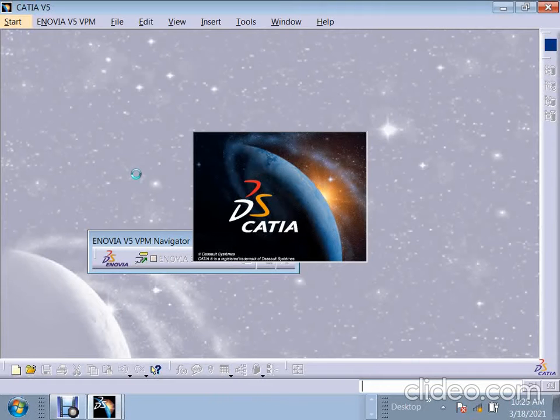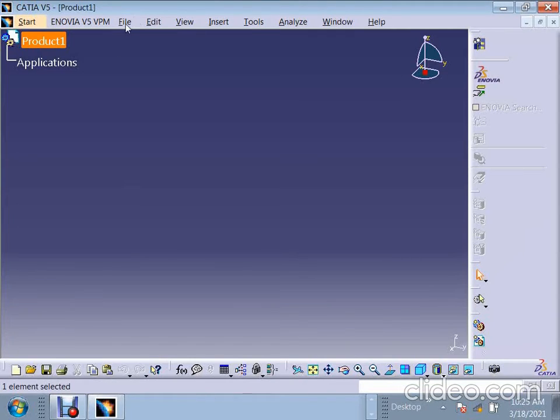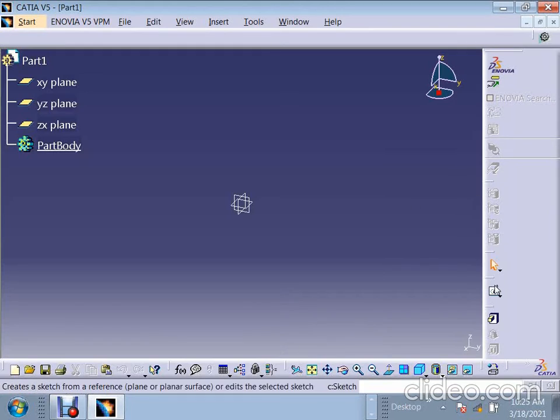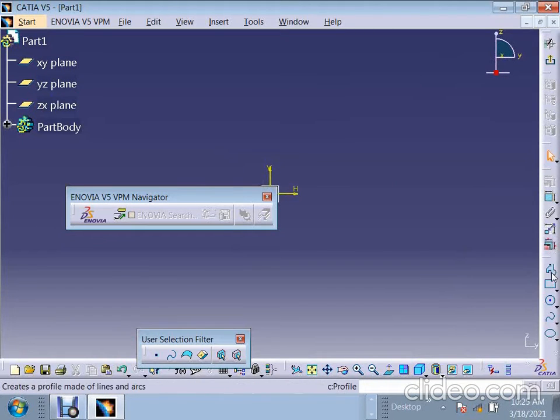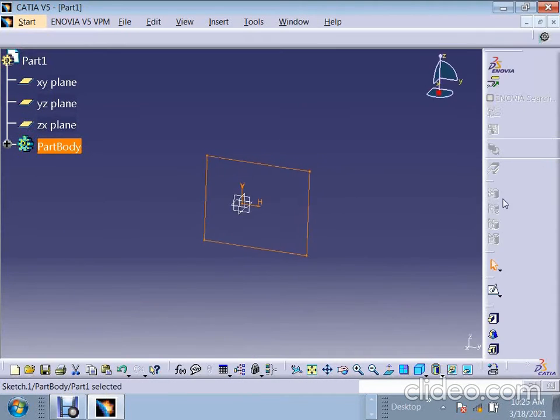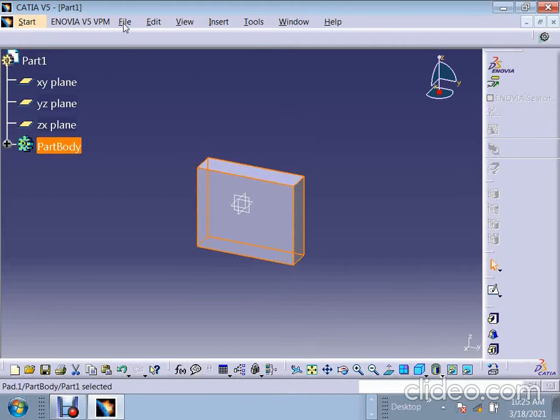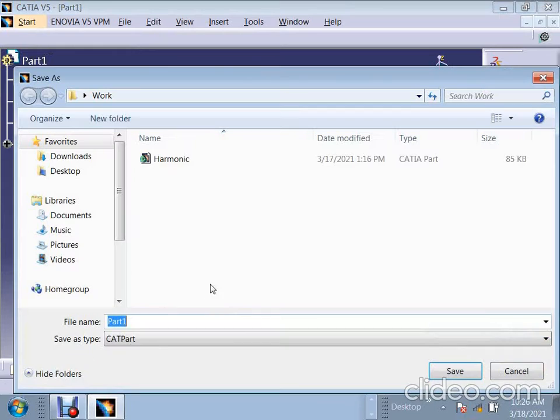But we cannot directly take that CAD part here. So if I take this sketch and want to save this file, save as gives it as a CATIA part, but it will not be usable.